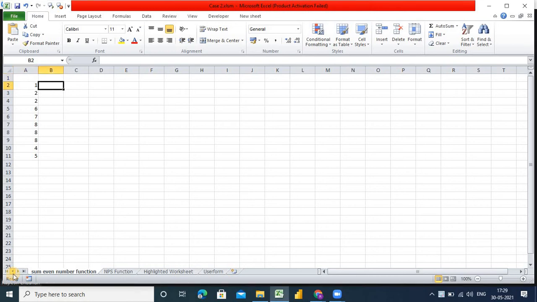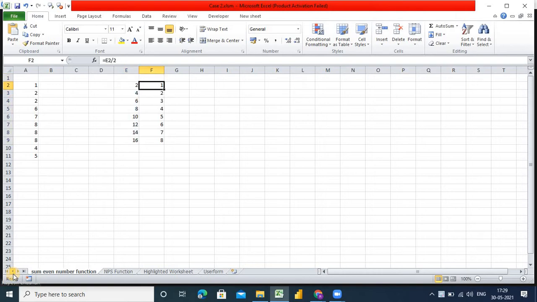In this video we will learn how to sum even numbers. So what is an even number? In simple words, an even number is any value which gives an exact value after division by 2. Let's say with the value of 2, when I add plus 2, now all these are even numbers. If I divide this value by 2, it will give me the exact number without any decimal. So this is called an even number.